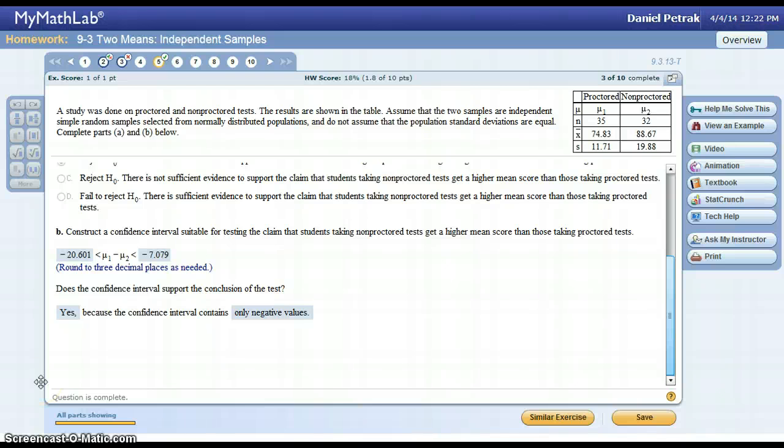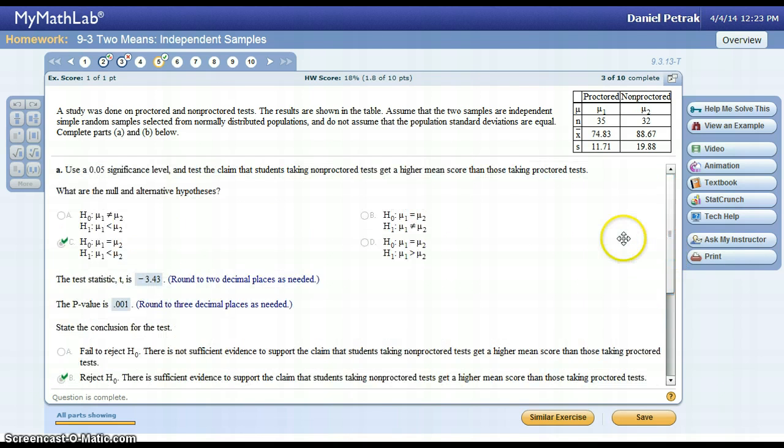Hey everybody, this is another update video for this homework on section 9.3. This is testing the difference between two means using hypothesis tests and confidence intervals. We were doing some in class today and realized the formula they're expecting you to use for the confidence intervals is actually using an unpooled, or assuming different variances, which is a slightly different calculation for the degrees of freedom. So I want to make sure you know how to do this and then explain how we'll do it